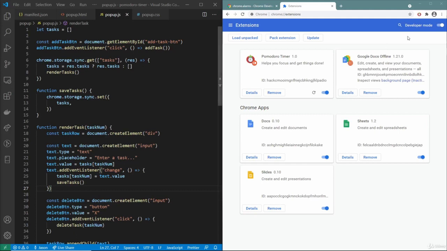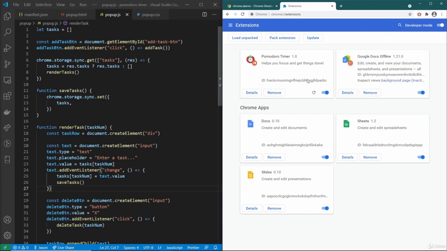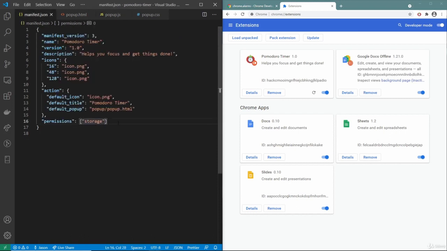Okay, so now that we have the basic task list working inside of our Pomodoro extension, the next thing to do is to work on the actual timer feature. And that's going to require us to create a background script to use alarms and notifications in order to notify the user when the timer is up, and to ensure that the timer is always running and doesn't stop when we close the pop-up. So to begin doing that, let's head back to our manifest file, and we'll add in